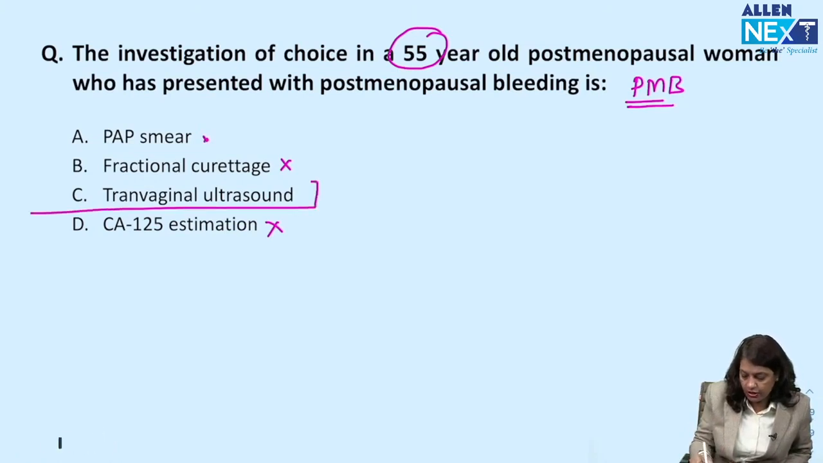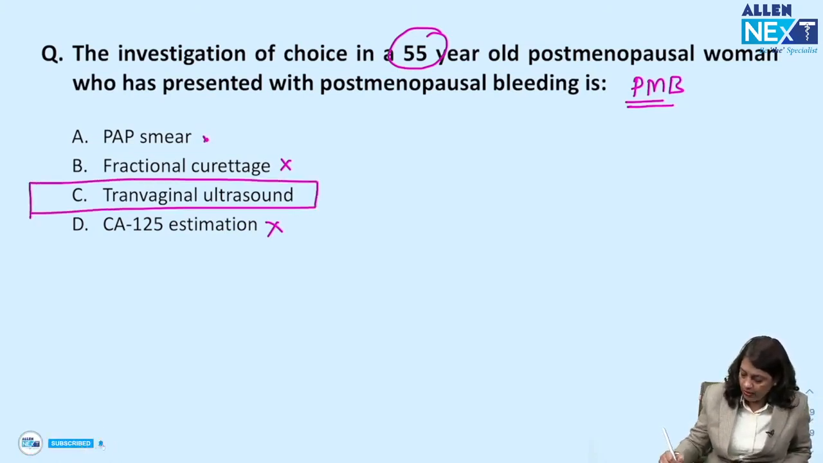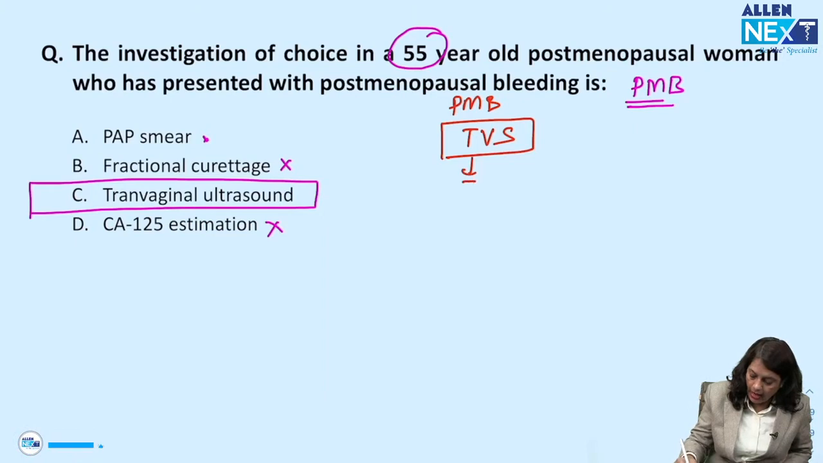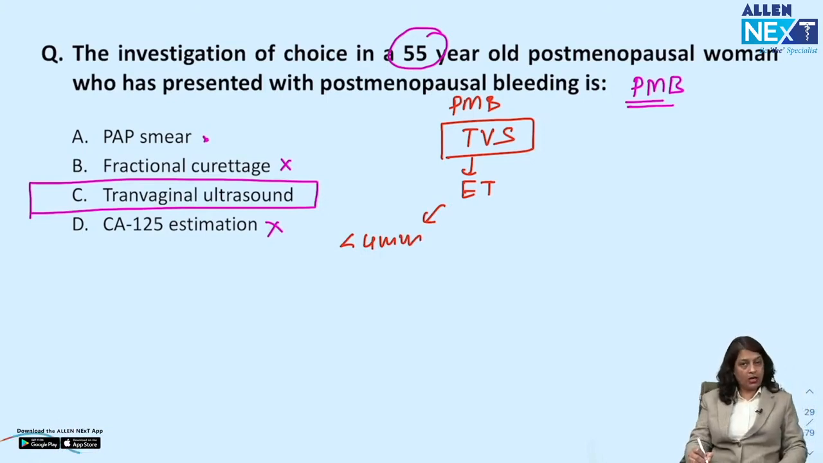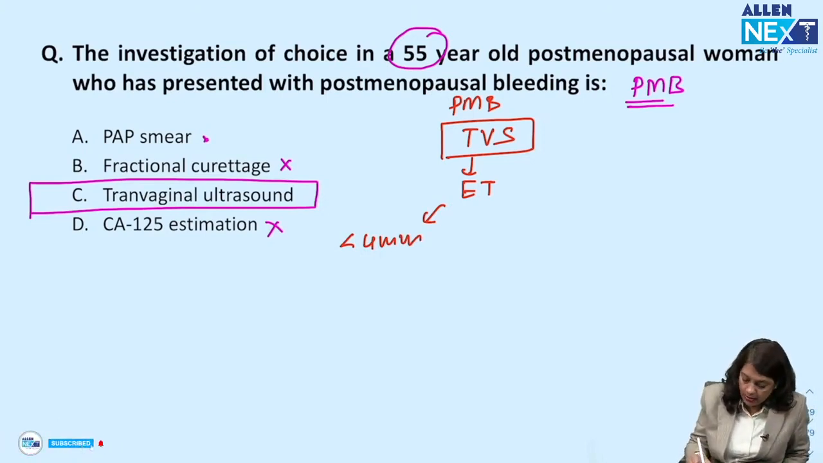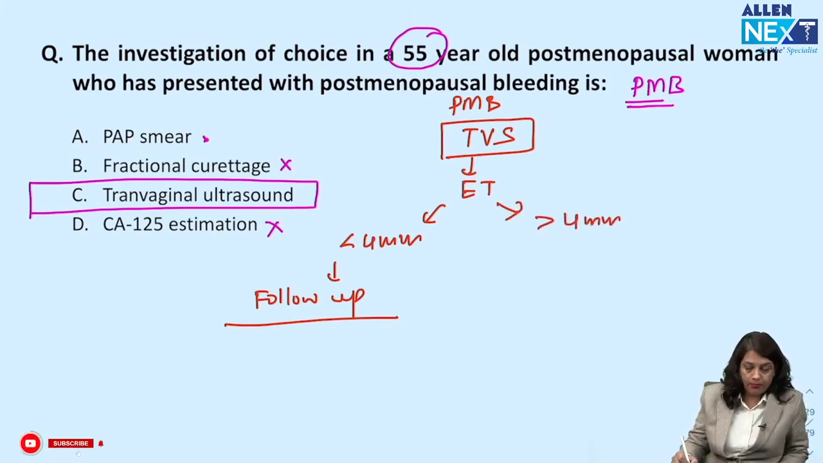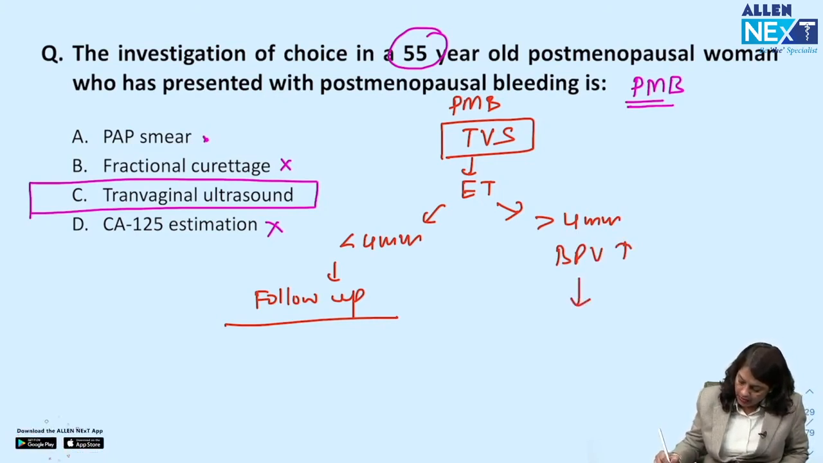So my first investigation for a postmenopausal bleeding will be a transvaginal scan. I would like to check for endometrial thickness. If endometrial thickness is less than 4 mm, that is the cutoff limit for endometrial thickness in a menopausal lady, I am going to put my patient on follow-up. If endometrial thickness is more than 4 mm or her bleeding is persisting, I am going to do the investigation, and investigation of choice is